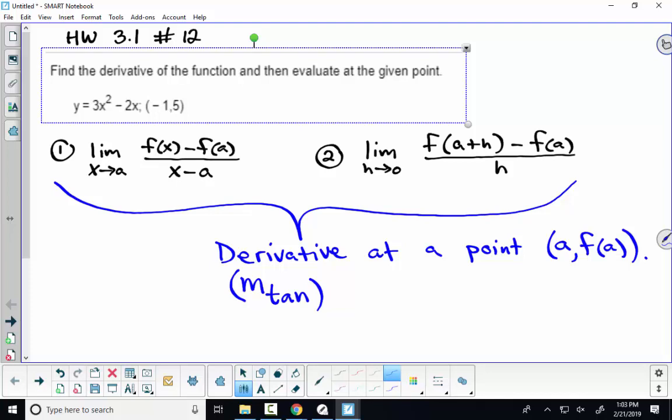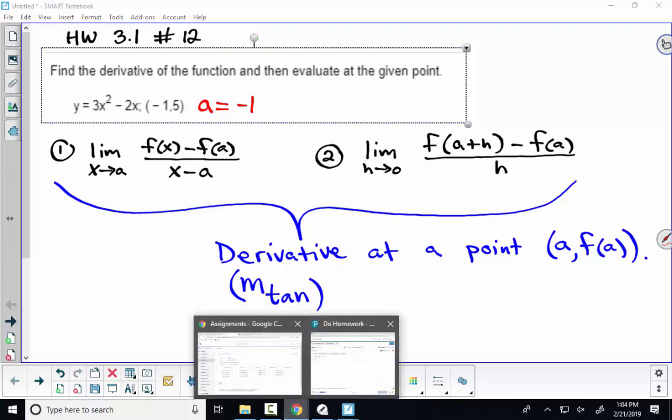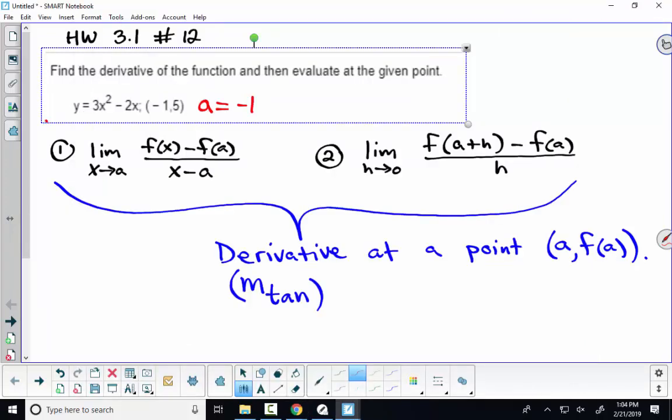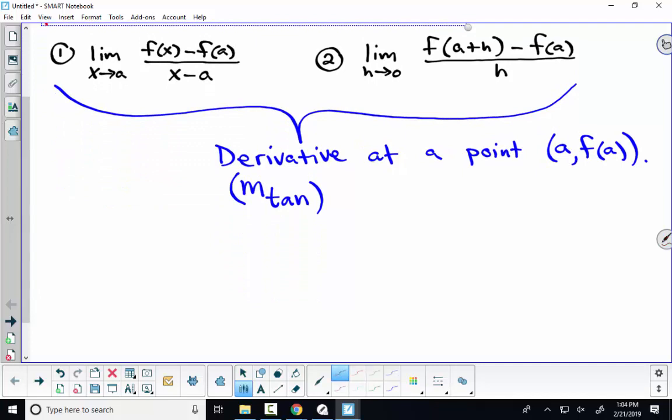All right, so we're using the second one. Okay. So first of all, let's identify what a is given to us in this problem. What is a? A is -1. The first part wanted us to find f prime of x. Well, that's strange because your textbook doesn't talk about f prime of x until 3.2. So that's kind of weird. So then if we need to find f prime, this is section 3.1, and we have to go to section 3.2,